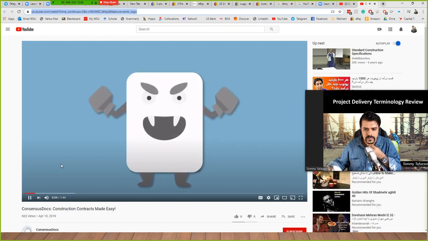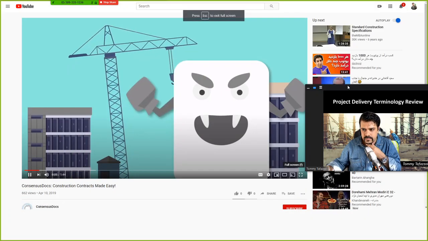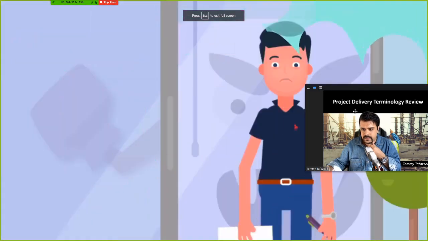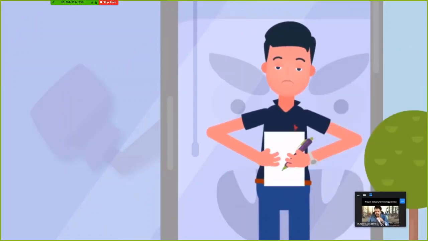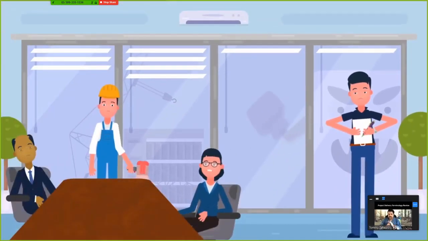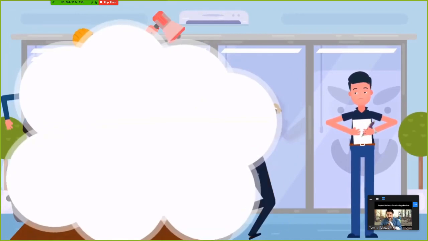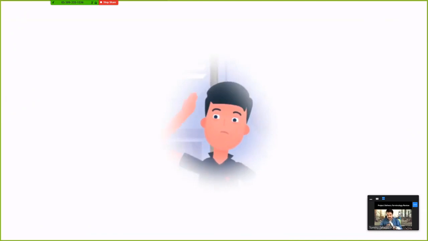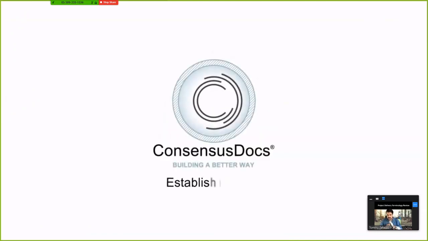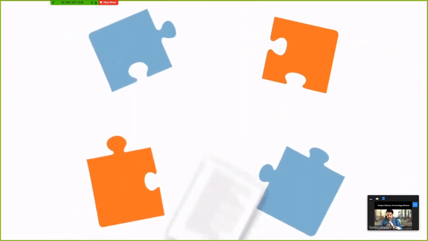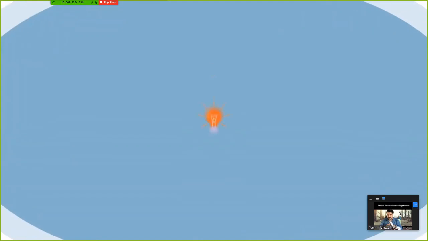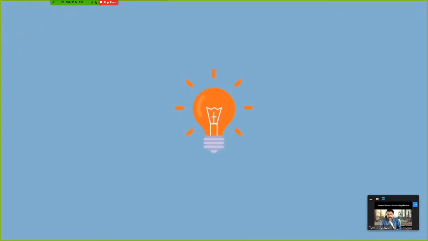One loophole left unaddressed can be all it takes to sink a company. Negotiating the right terms of a contract for your project can sometimes feel like you're going into battle, and one-sided contracts are a recipe for disaster. What if finding a suitable construction contract for your unique project didn't have to be so hard? That's why the Consensus Docs Coalition was founded. We do so much more than help you find the right standardized contract. We're changing the way people think about contracts.